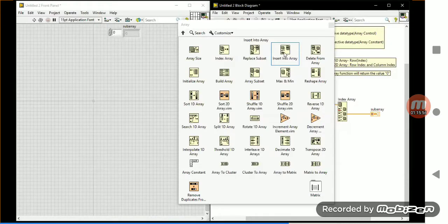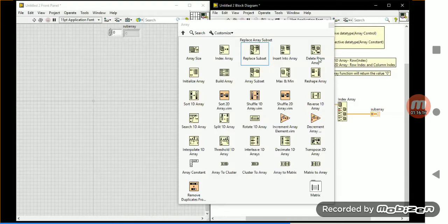What about insert array? In the same way, at the index you mention the value will be inserted, and the value already present at that index will move to the next index. So the difference between replace and insert is that replace array will not increase your array size, but insert array will increase the array size.